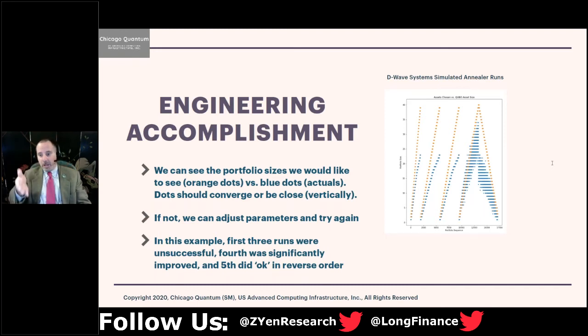You see, for one client, this is an actual client run, we ran from 2 stocks to 40. The blue is the actual values. You want those values to be right with the orange, so you look up and down. The first one didn't do very well. The second one, we changed some settings, it did worse. The third one did even worse because the blue was so far away from the orange that there was no real matching. The fourth one, when we worked the settings, you see the blue is surrounding the orange.